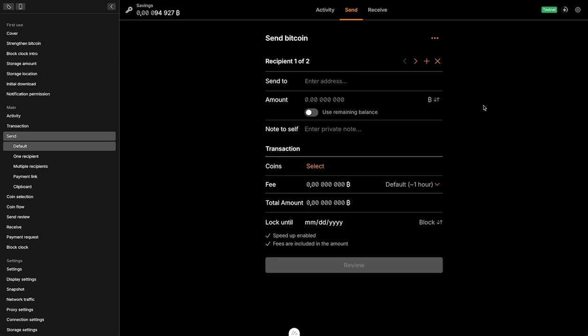As with multiple recipients, we split the form in two. One is the recipient-specific information, and one is the transaction-wide information, such as the coin selection, the total fee, total amount, and, I believe, the lock time. Although maybe one of those goes further up here. So, but something new I added in